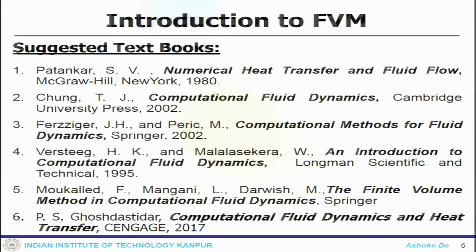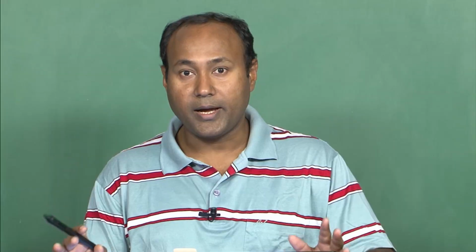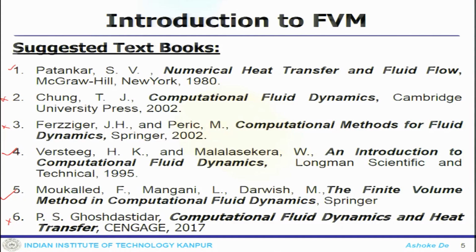The suggested textbooks include one of the classical books, Patankar's book, which one can look at as a reference book. Also Versteeg and Malalasekera's book is a reference book, and these two books are essential, because the course material is primarily a combination of these three books which talk about finite volume methods. Once you complete this part 2, you will be able to solve a real life fluid flow problem and handle it using this kind of technique.